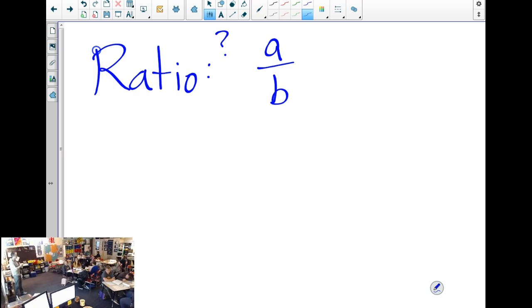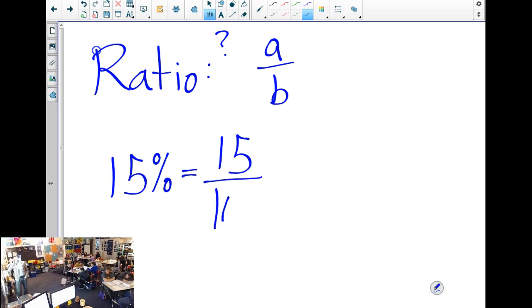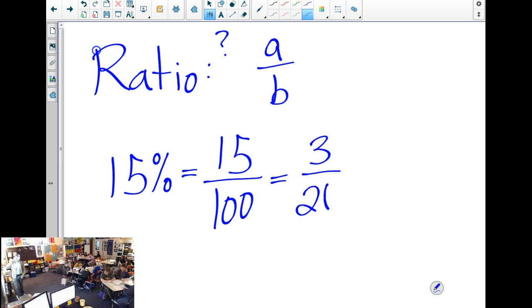Now, guys, a proportion is a ratio equal to a ratio. So if somebody asks you to build a proportion, a ratio equal to another ratio, right? Remember that. So ratio is just simple comparison. So when we talk about 15%, and somebody tells you to write that in ratio form, that's 15 over 100. Please have this with me. And then can I reduce those? Yeah. We always want to reduce ratios if we can. What can they both be divided by? Yeah, 5. So if I divide by 5 on top and bottom, we get the same numbers that we were just working with. My 15%